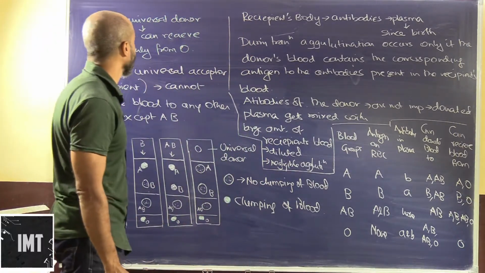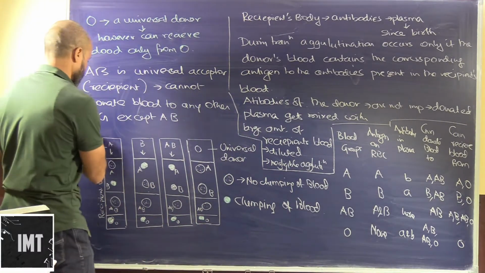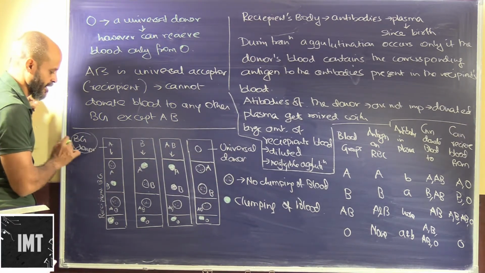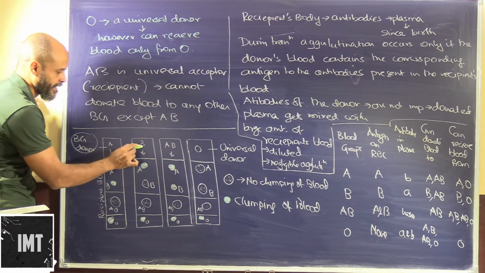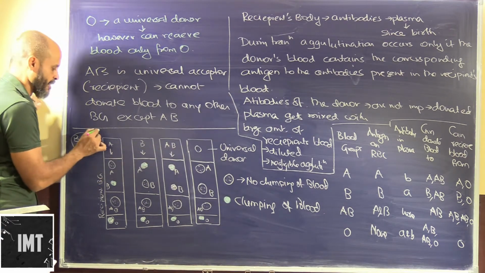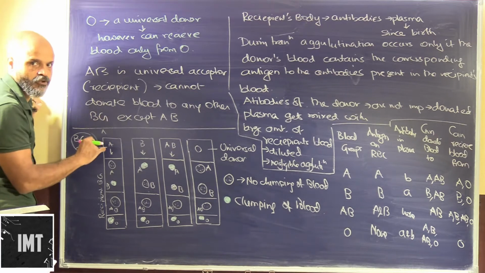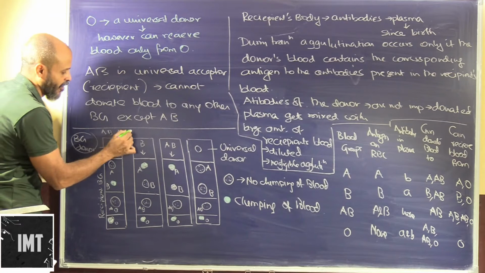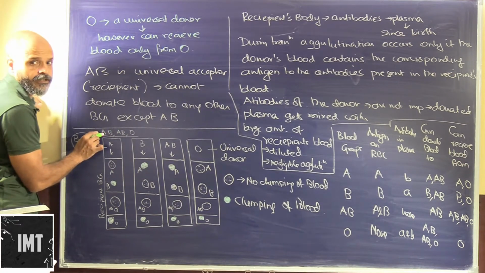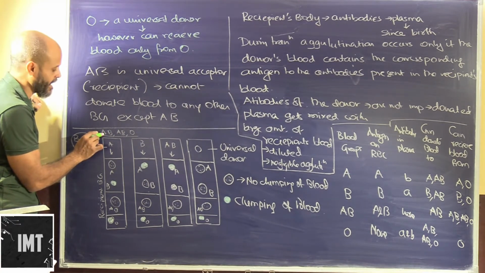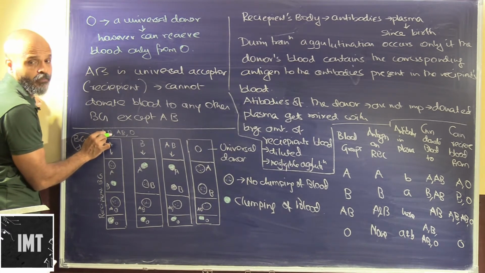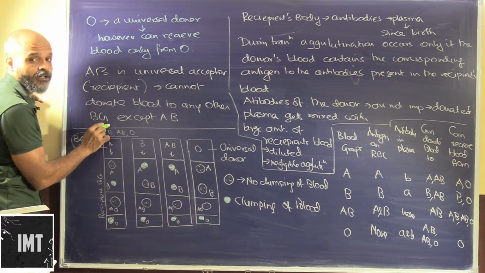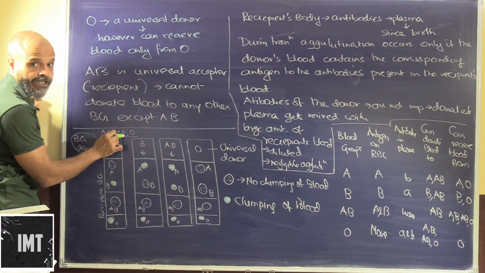Okay, so we are going to see some more things about the blood donors. The blood group of the donor, let's say we have represented it as A, B, AB and O. The Rh factor is going to be considered later. Blood group A may have alleles A and A or A and O. Blood group B has alleles B and B or B and O.